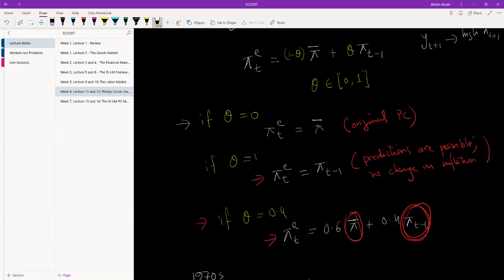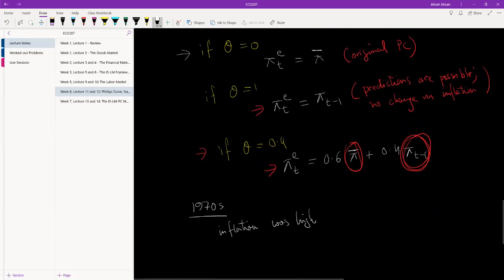So making an expectation on this year's inflation could be done without taking a look at what had happened before. But once inflation started to become very high, we could no longer ignore previous year's inflation. Okay, and as a result,